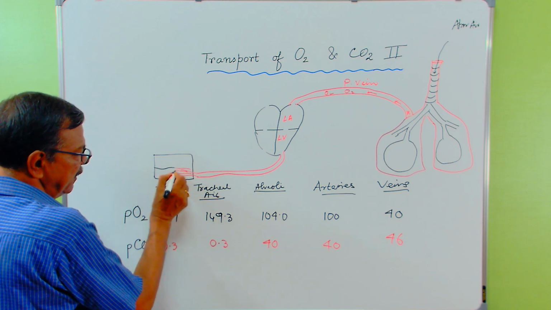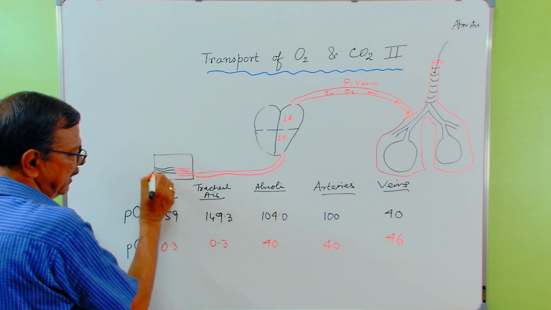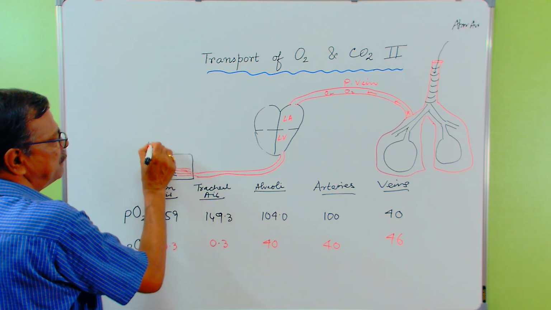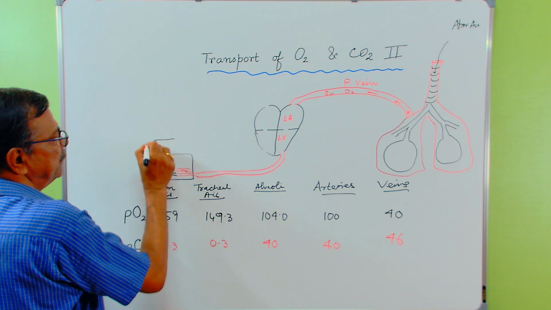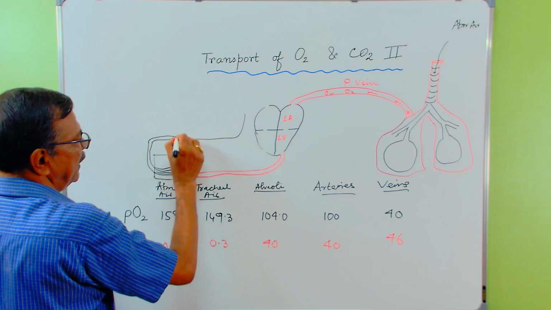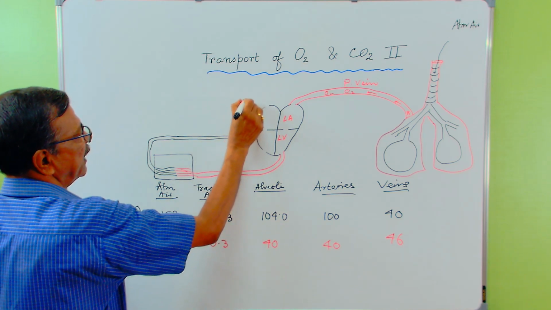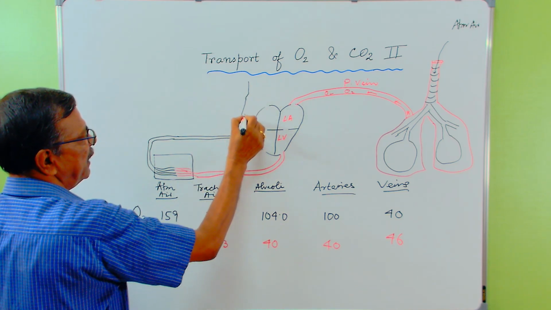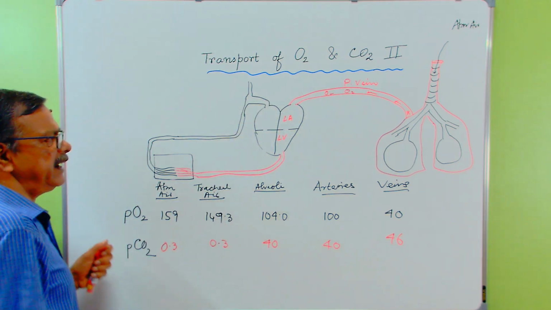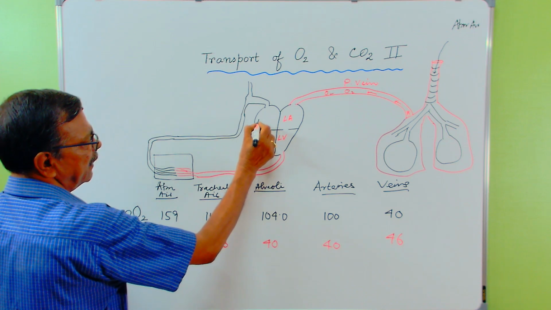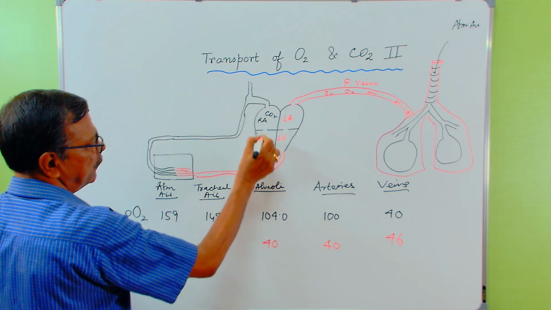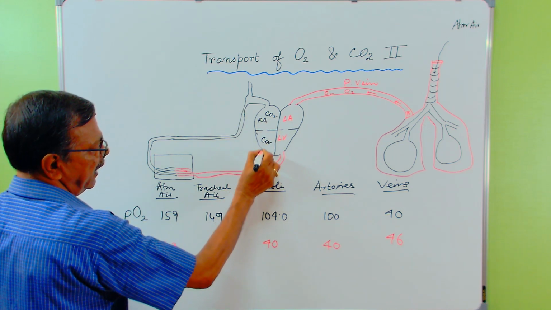At the same time, the veins or venules are formed. The venules unite to form veins. Veins to vena cava. Clear? This is superior vena cava. This is inferior vena cava. Ultimately, they drain their contents into the right atrium. It is rich in CO2. This is CO2 and it goes